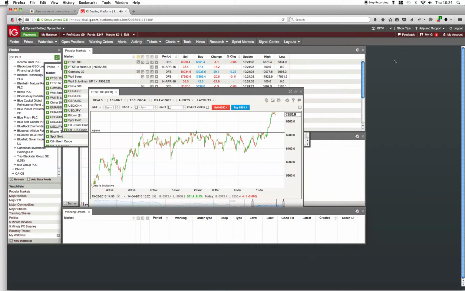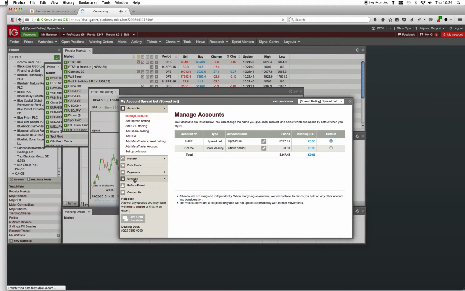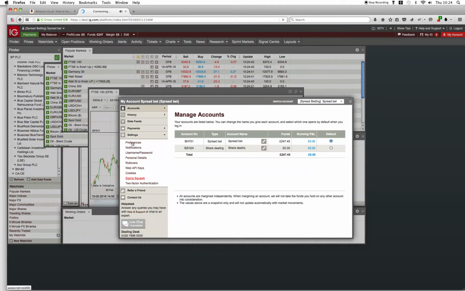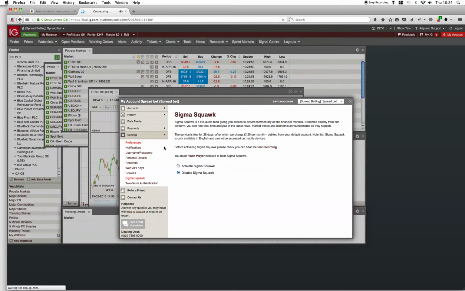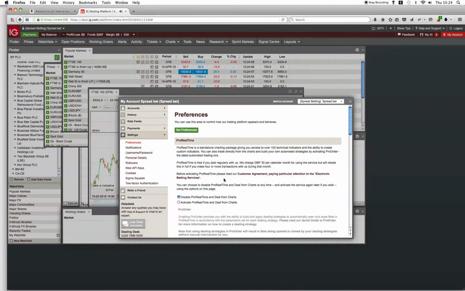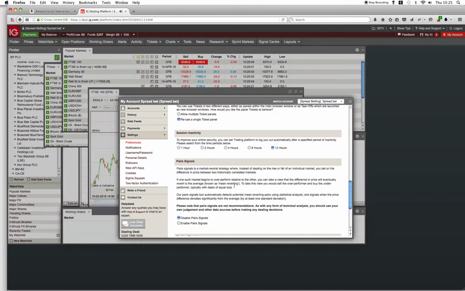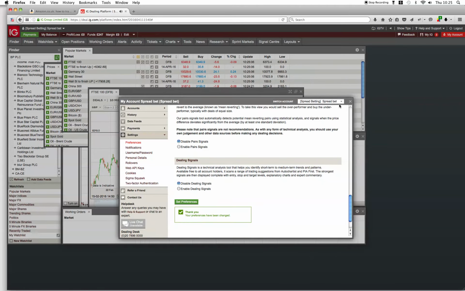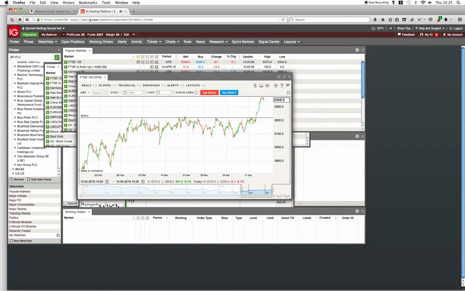Where you can find this is you go to My Account. Wait for that to load up, and then into Settings, and double click that, right to Preferences. Again, wait for that to load. Then if you scroll down you've got trailing stops. You have to click here, allow trailing stops, and go to the bottom and set preferences. Once you've closed that, you can now look in your deal tickets and you'll find the option to put a